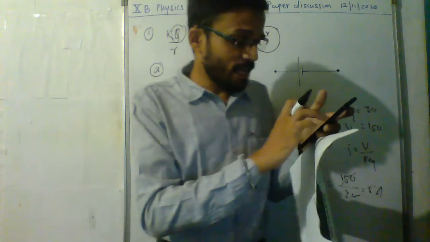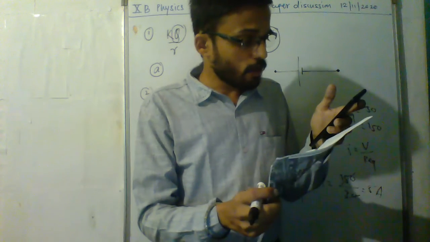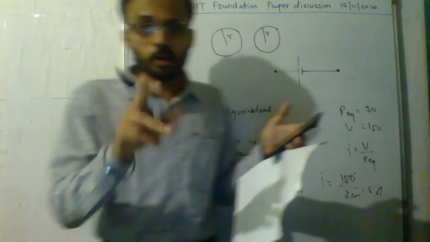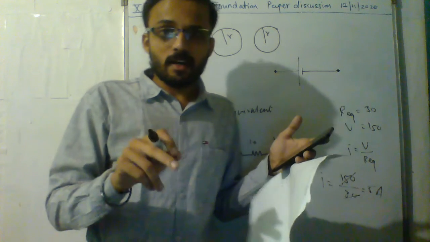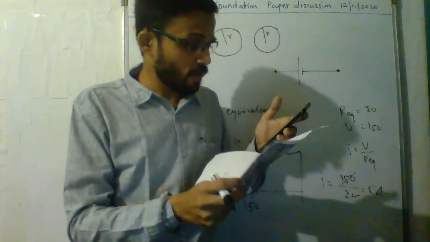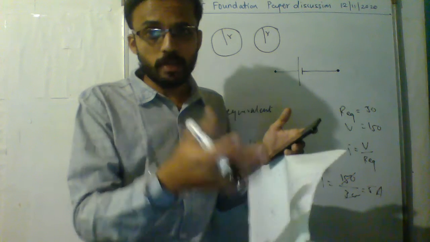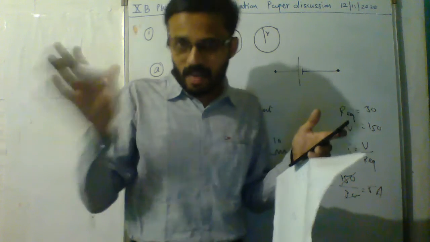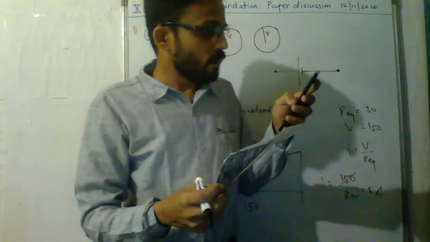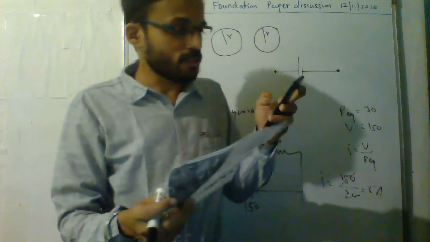D. Number 10, magnetic induction field due to a short magnet on its equatorial line. There are two formulas: mu naught upon 4 pi, 2m upon r cube for the axial line, and m upon r cube for the equatorial. So for equatorial it will be m upon r cube. So for 10 the answer will become 2b, because one is m upon r and another is 2m upon r. And then 11, magnetic field inside the solenoid is, I told you yesterday also, I discussed with you.